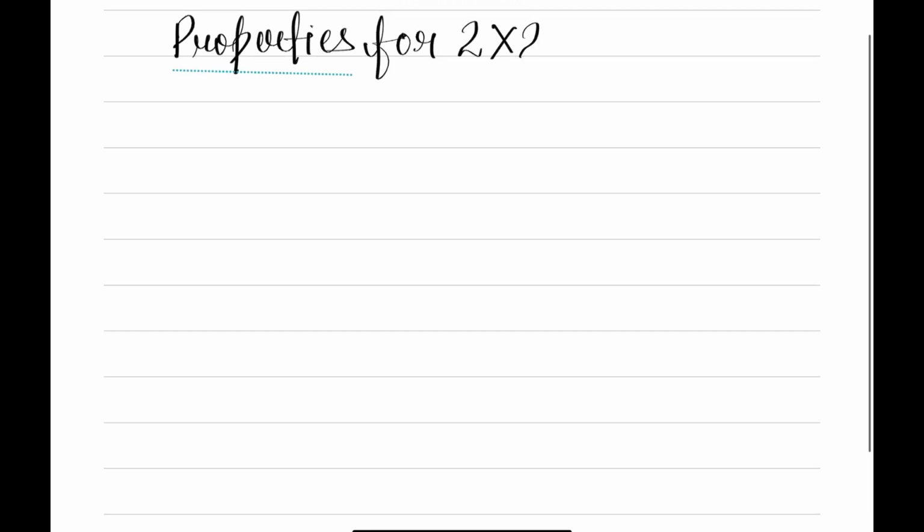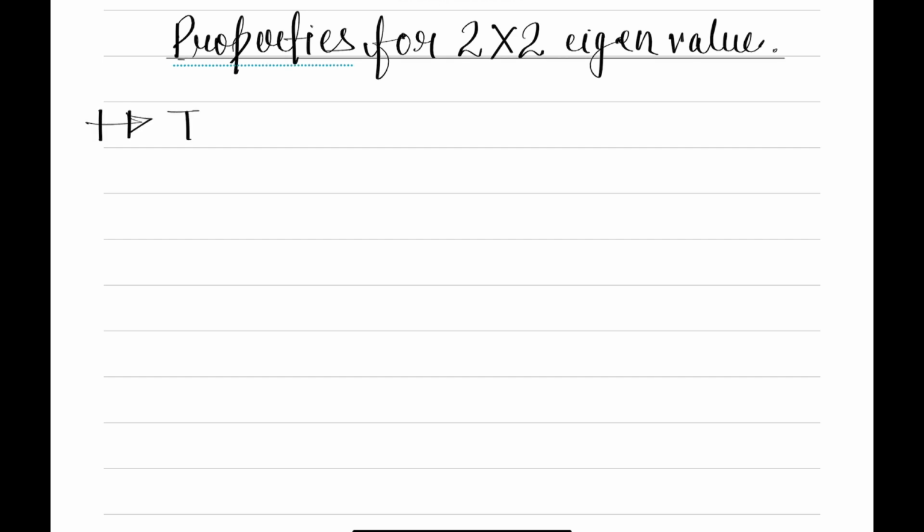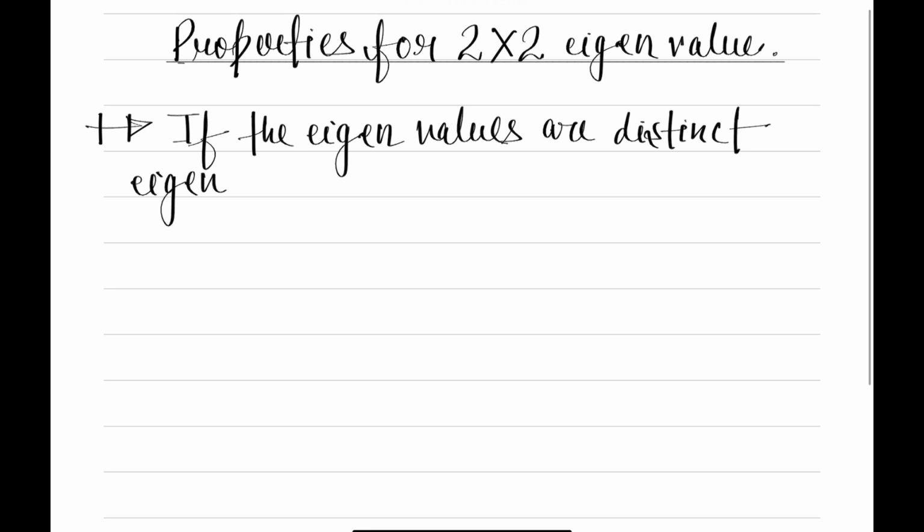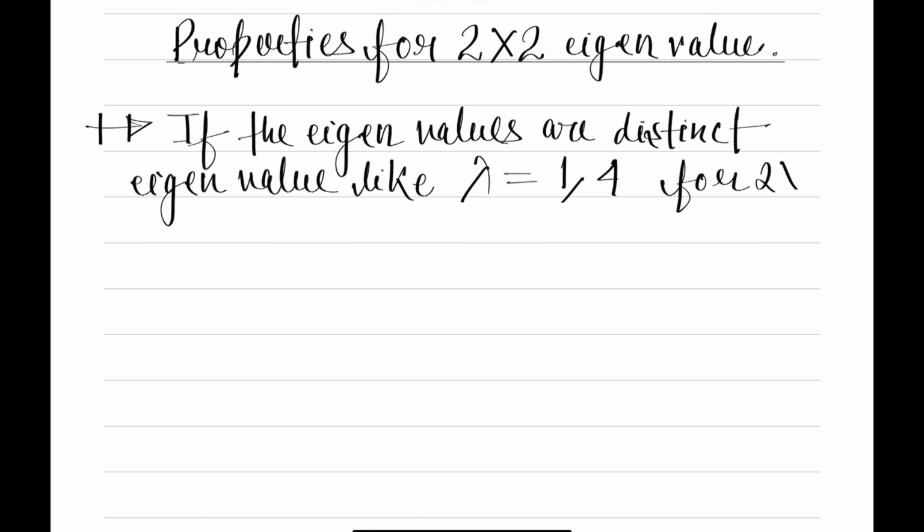Properties for 2x2 eigenvalue. If the eigenvalues are distinct eigenvalues, like lambda is equal to 1 and 4 for a 2x2 matrix,